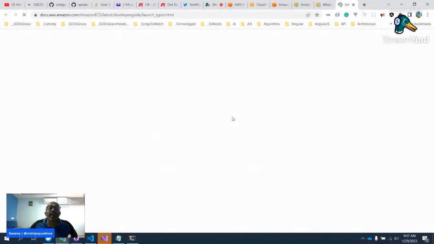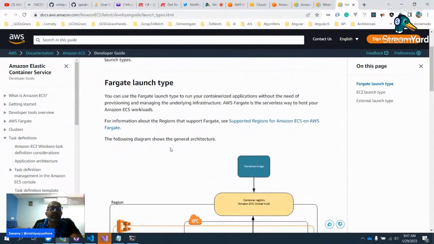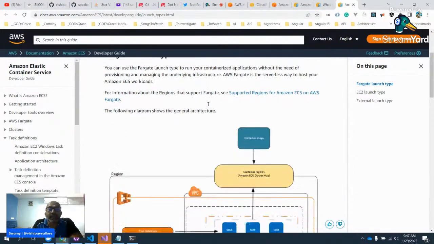So the launch type is something we will learn. You can specify an Amazon ECS launch type when you run a standalone task or create a service. By doing so, it determines the infrastructure. How do you manage the infrastructure? If you use the launch type of Fargate to run the containerized application without the need for provisioning and managing the underlying infrastructure, that means